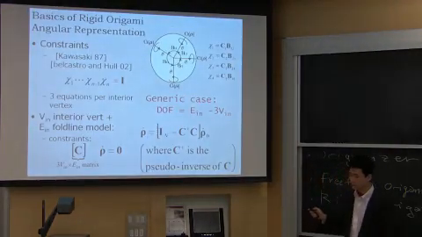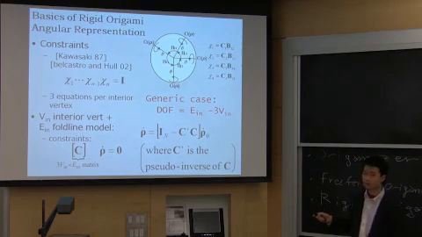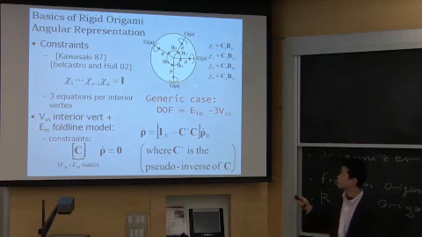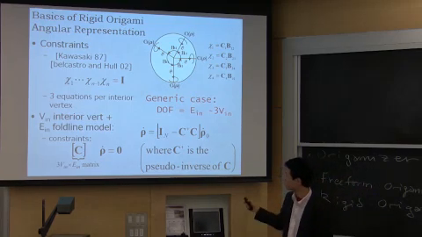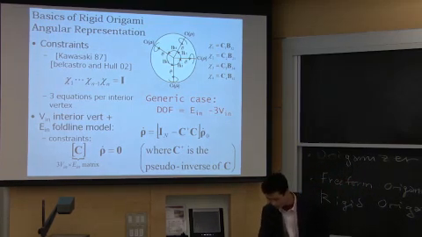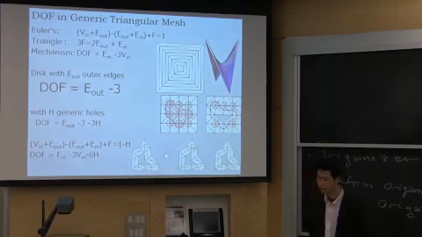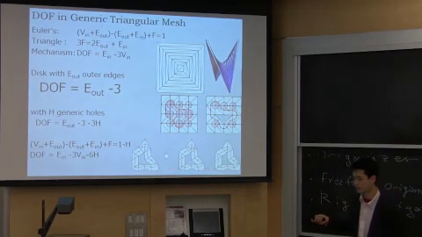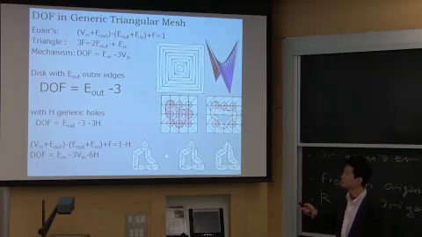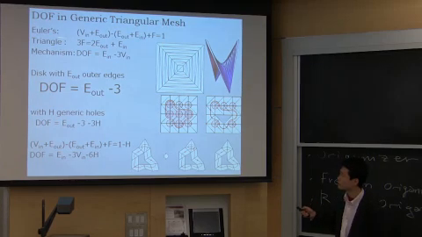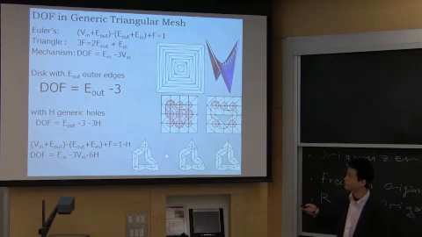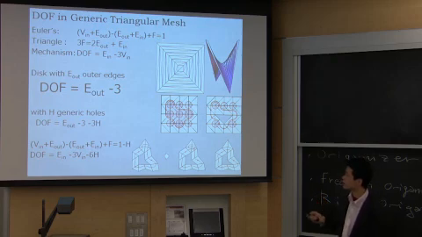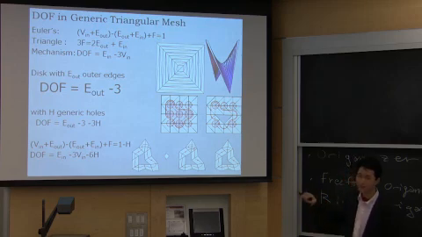And in the generic case, because there are 3 constraints for each vertex and 1 variable for each edge, we have this degree of freedom. And the first way to design rigid origami is to use this information. And from Euler's polyhedral formula, we can say that any triangular mesh, well, not any, a generic triangular mesh,